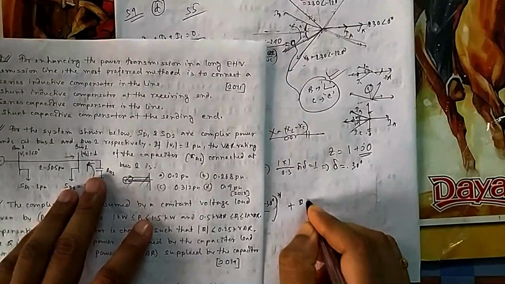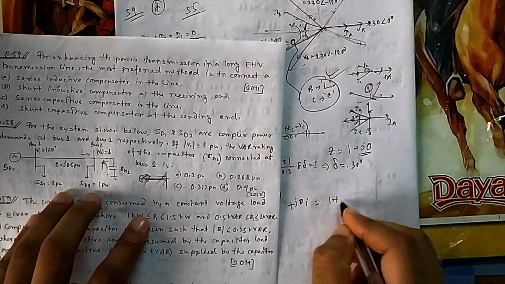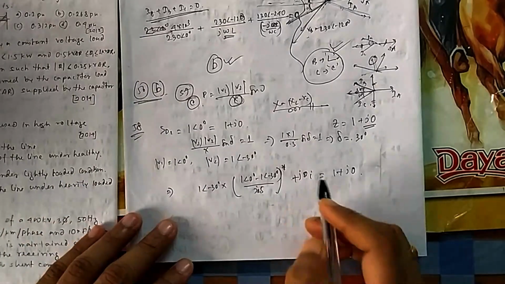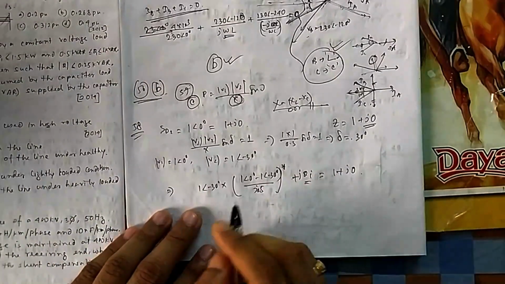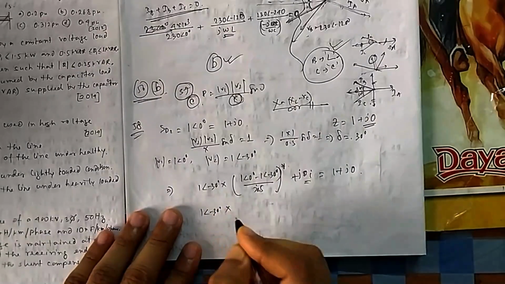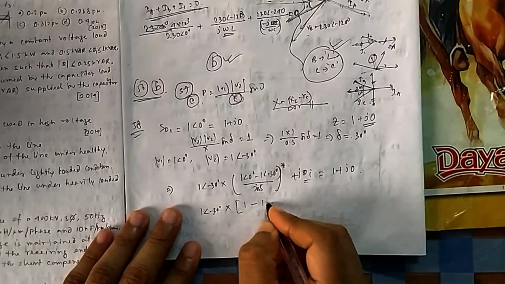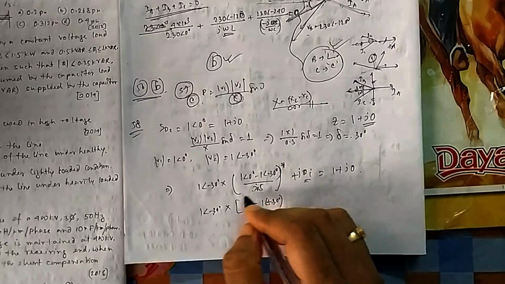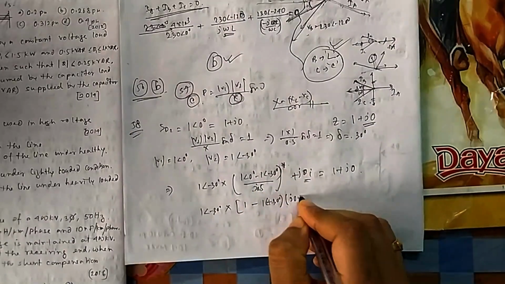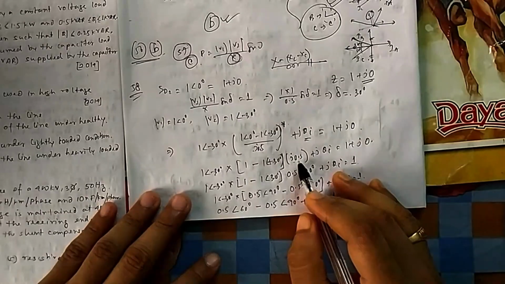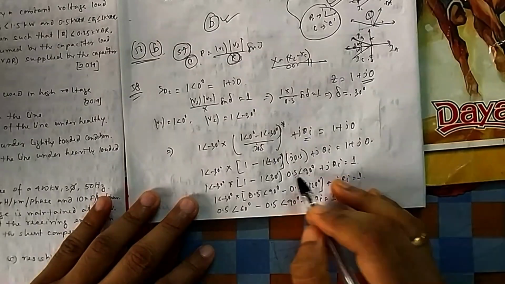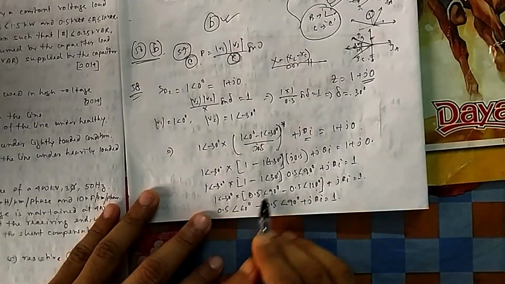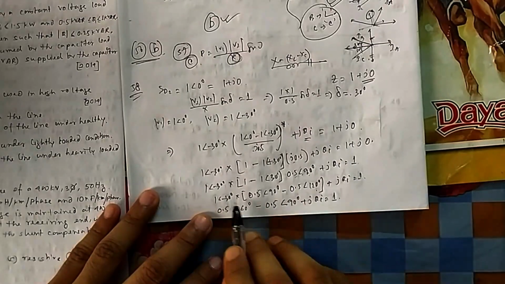That plus whatever support you are giving, jQi, should be equal to 1 plus j0. Now if you do it, you will find, if you take only the reactive part, because I need only Qi, the real part will be equal, I know. Then it is 1 angle minus 30 multiplied by this one, which will be 1 minus 1 angle plus 30, and then if you take the star, then it is minus. If you take it up, then it will again become positive. So j0.5, I have shown you all these calculations. j0.5, I have taken 0.5 at an angle 90. If you take the product, the angles will be added, 120, and then if you take the product again, the angle will be added, 90 minus 30 is 60, 120 minus 30 is 90.